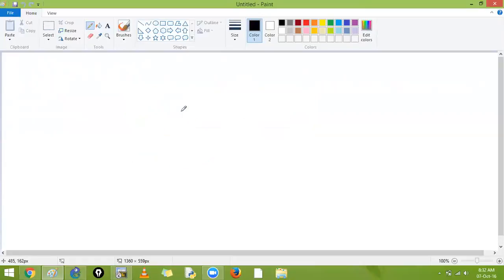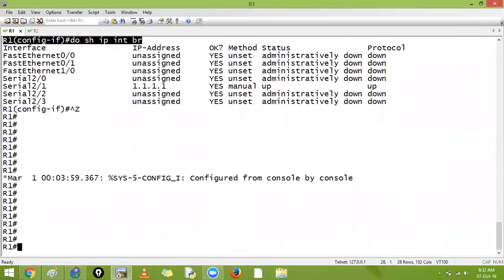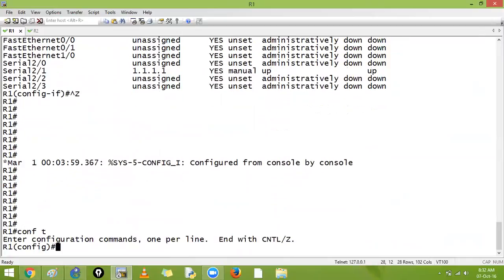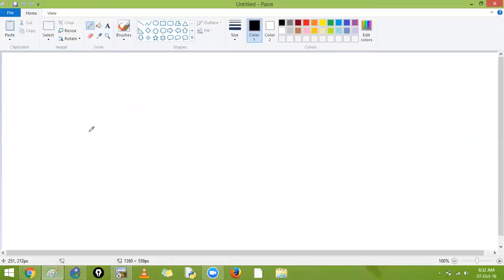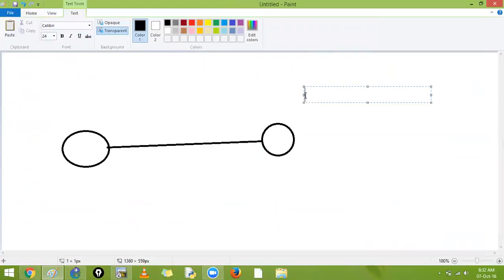Now, what is the benefit of point-to-point protocol? Point-to-point protocol will allow you to authenticate your neighbor on your layer 2 links. So before the link comes up, kindly check whether he gives you a password. So what we will say is PPP. Now in point-to-point protocol, there will be one person who is the authenticator and one who provides the authentication. For example, I will say encapsulation PPP and PPP authentication